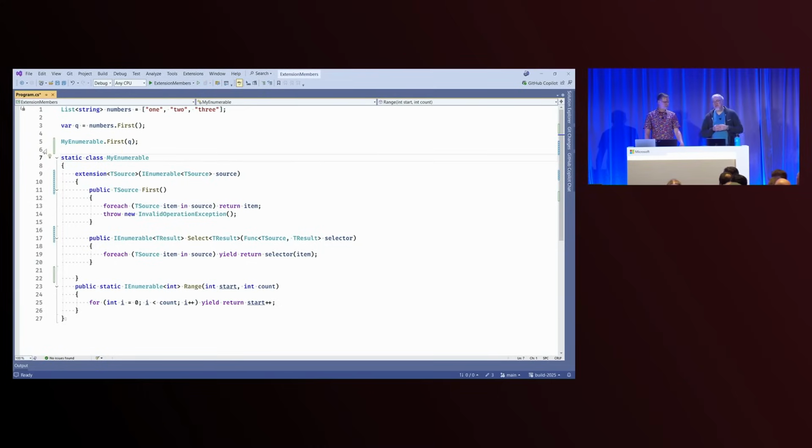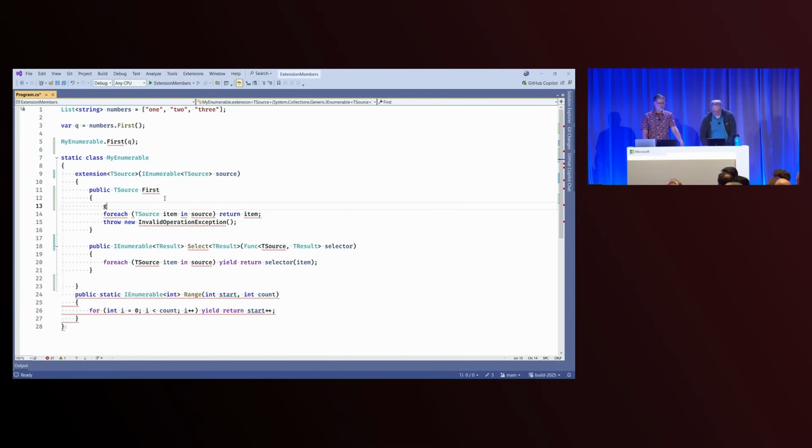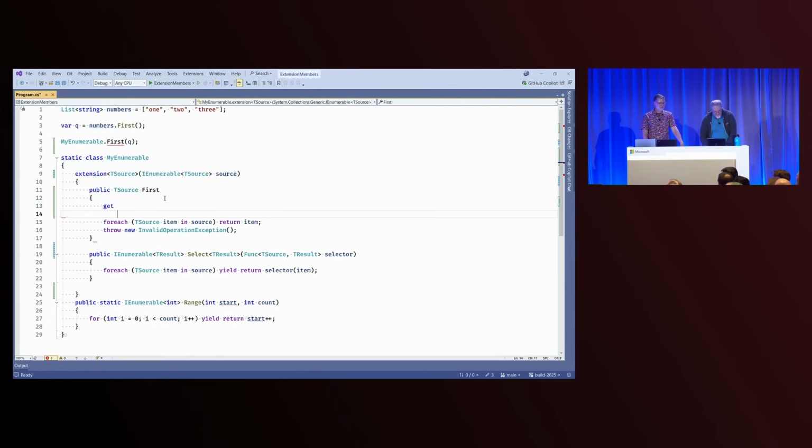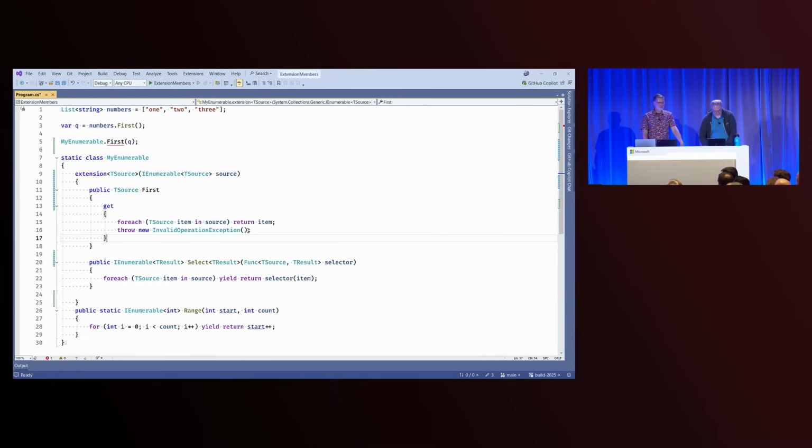We already have those. But as we said, I hope you can see how it will be possible to add other member types in here now. So it's time, right? Let's change the first extension method into an extension property. So how do I make a method a property? I take off the parameters and I add a get, and there we go. That's done.